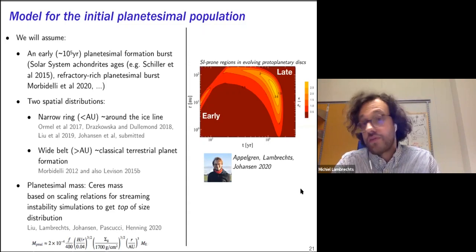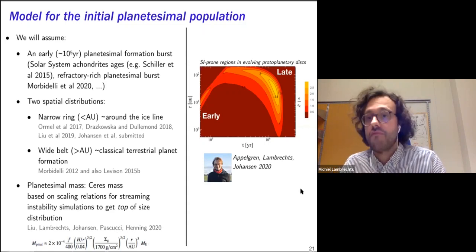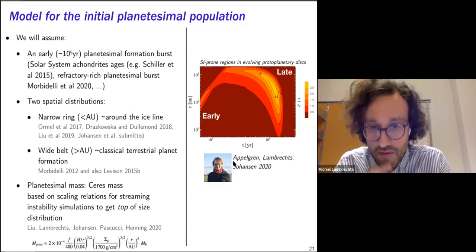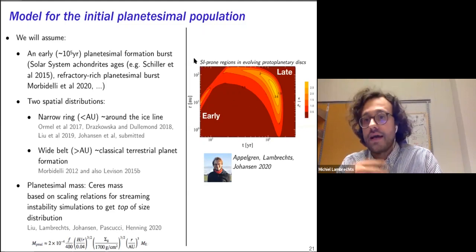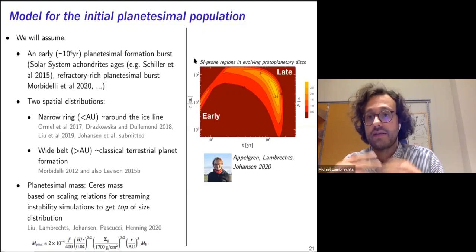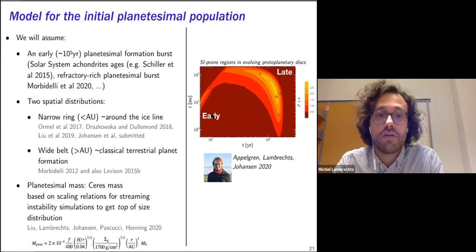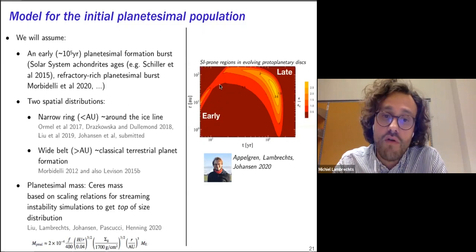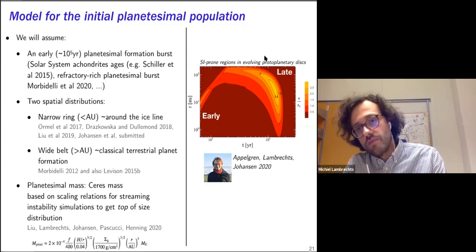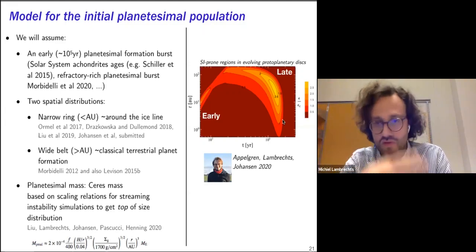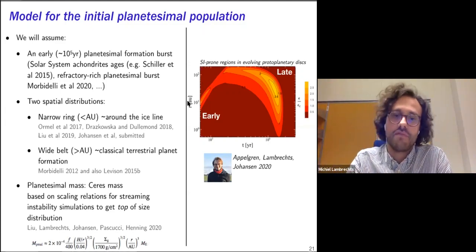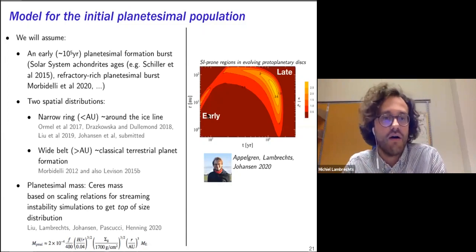And there are also theoretical reasons why it might be plausible that we have very early phases of streaming instability. For example, this is from a paper by Johan Appelgren, who's a PhD student here in Lund. He looked at when disks can have streaming instability prone regions, and you can see that you can even have these at very early stages. And then presumably there's also a later formed planetesimal population, which in this case I'm going to assume does not play a big role in planet formation, but that this one is the initial seed of starting planet formation. Now,